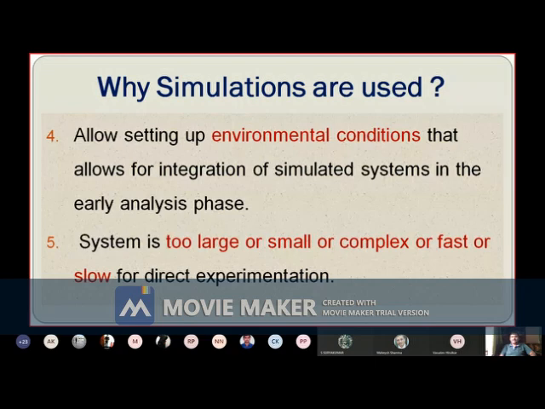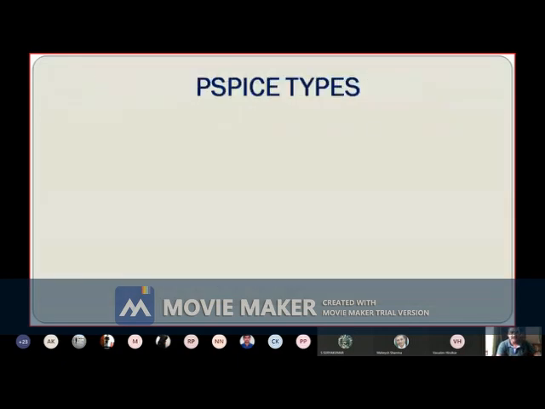As I already said, battery discharge takes a very long time, and there you need a simulation or some system where the system takes readings continuously. This is the main role of simulation, where the system is too large, too complex, too small, too fast or too slow for direct experimentation.